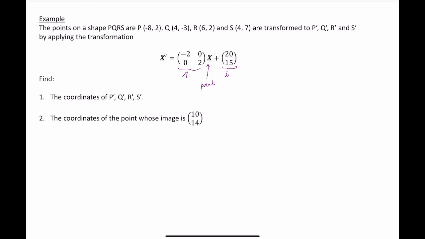Okay, so part one, we are asked to find the coordinates of the image of P, Q, R, and S. Before we do that, I just want to have a quick think about what we expect from this. Looking at the transformation matrix here, we can see that it's got 2's on the diagonal, so there's probably going to be some enlargement involved. If you remember that the general format of an enlargement transformation matrix will be K, 0, 0, K, so there's some enlargement,